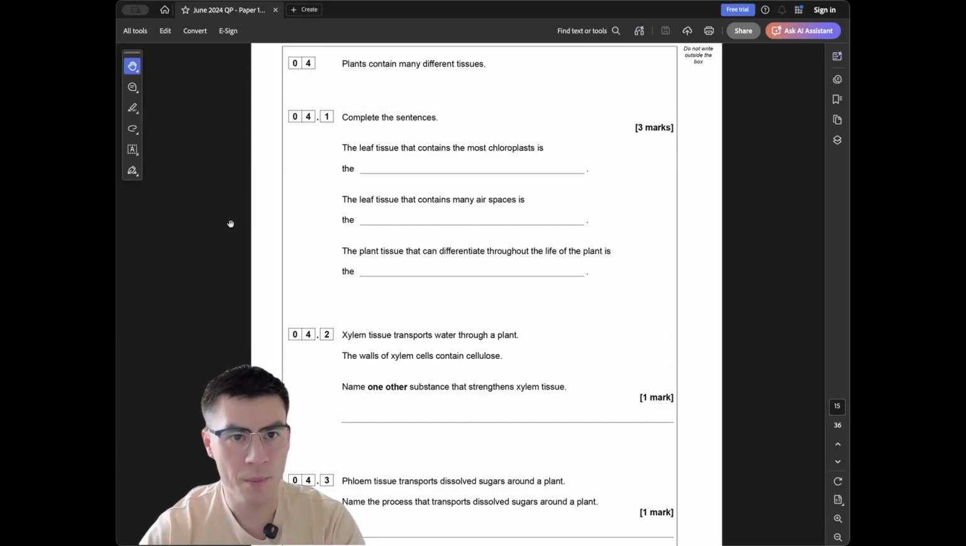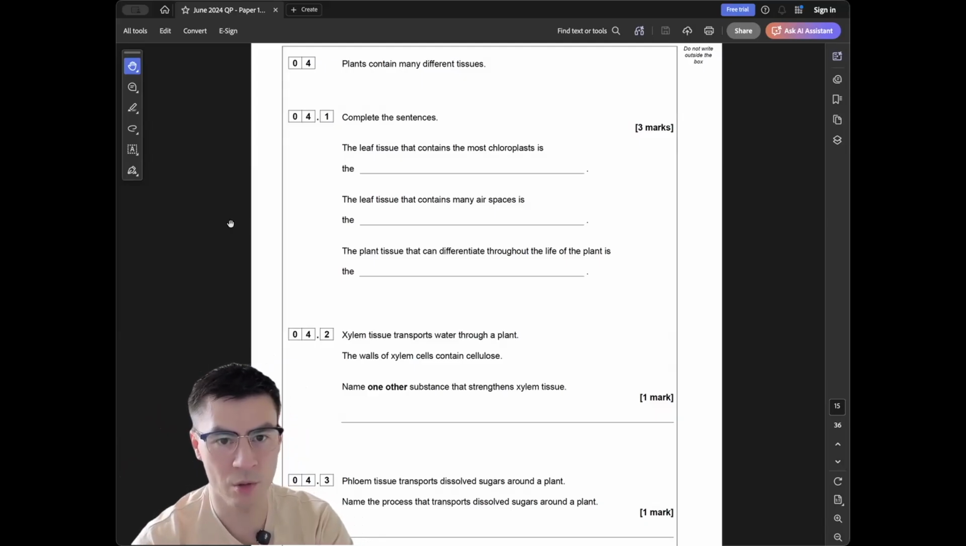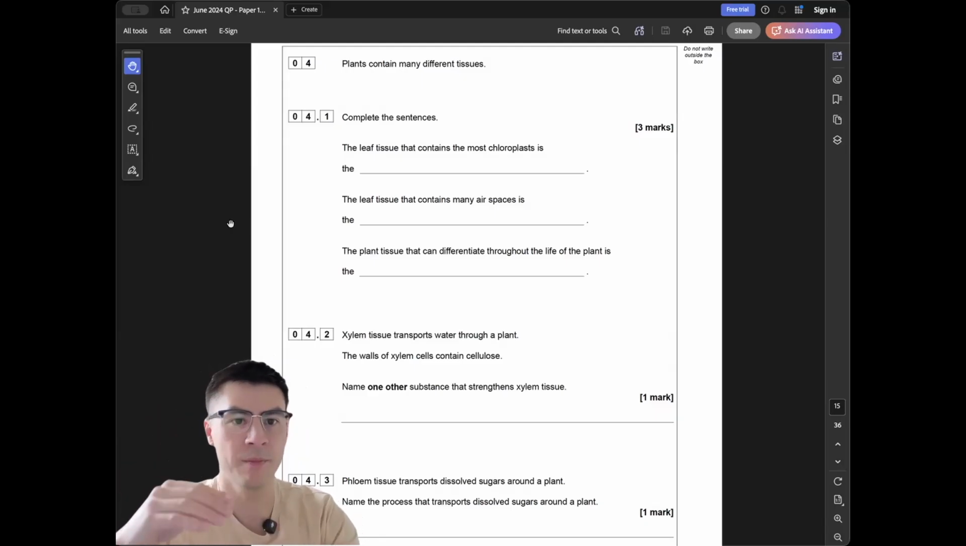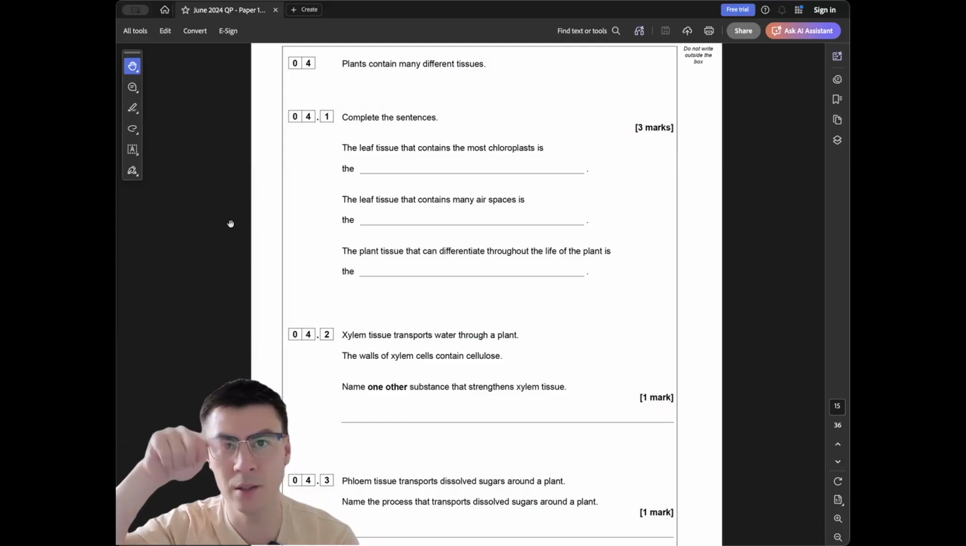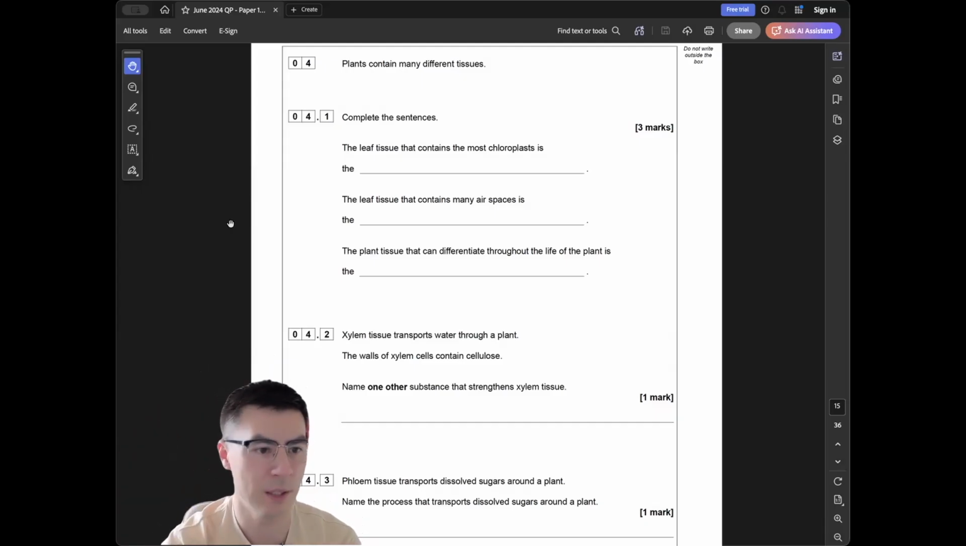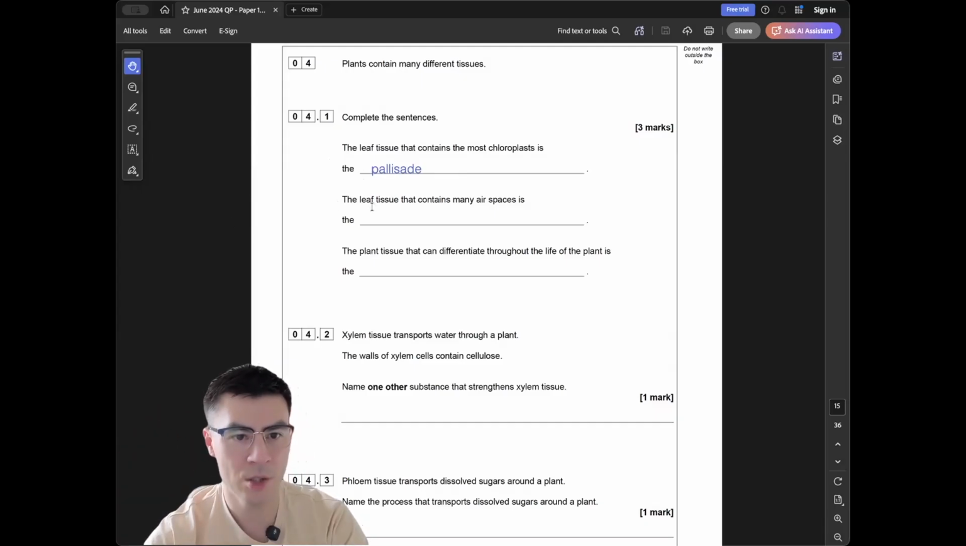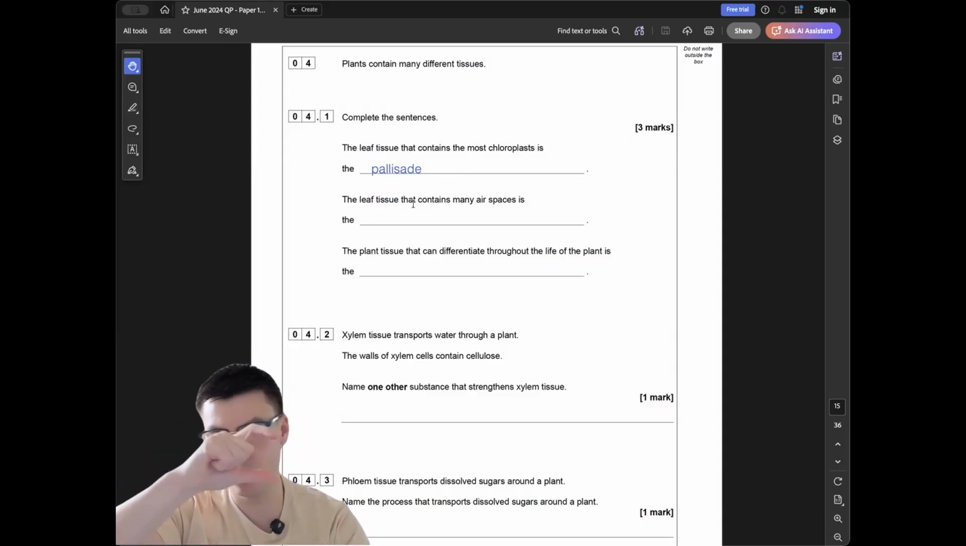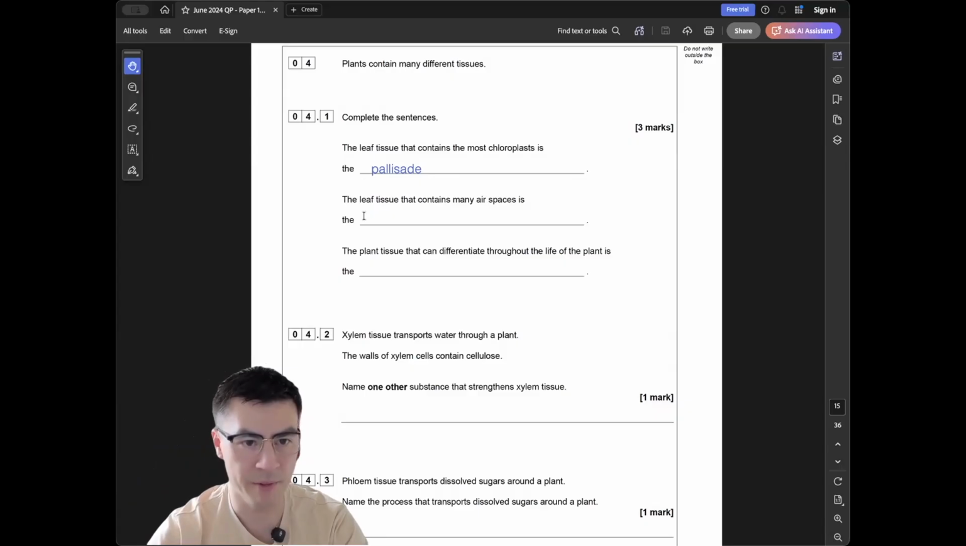Question 4. Plants contain many different tissues. Complete the sentences. The leaf tissue that contains the most chloroplasts is the 而家講緊樹葉，樹葉你要知道佢個cross section。咁你上面嗰好多 rectangle 嗰啲 cells，嗰啲叫 palisade cells。The tissue that contains many air space，即係 palisade 下邊好多 gap 嗰個位叫 mesophyll，or spongy mesophyll。跟住 the plant tissue that can differentiate throughout